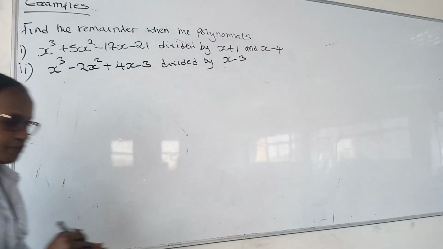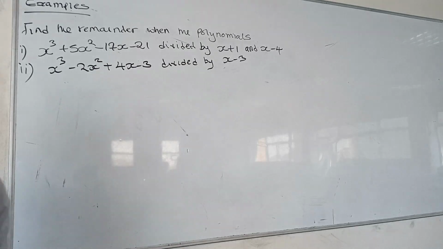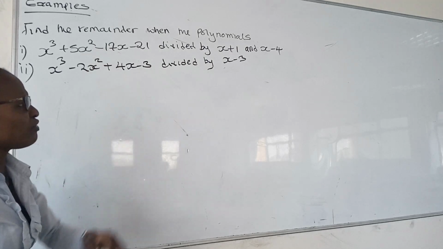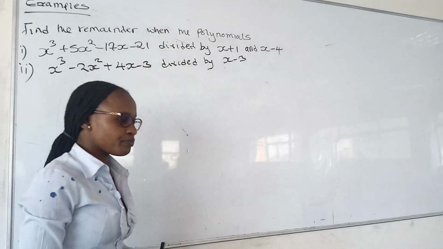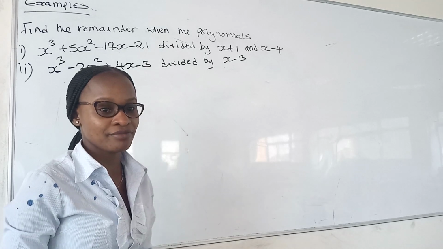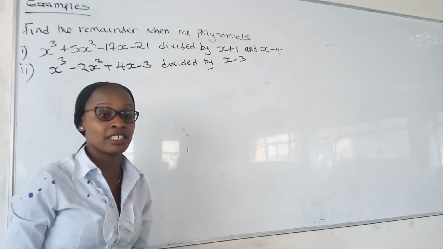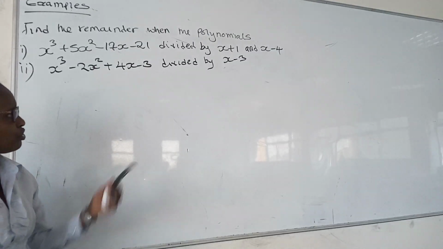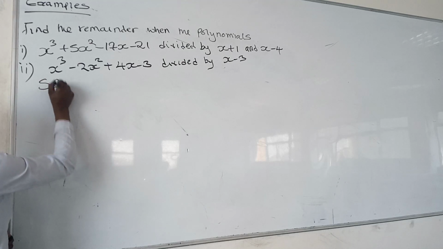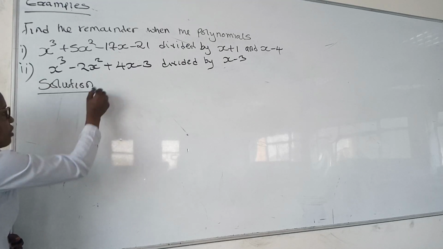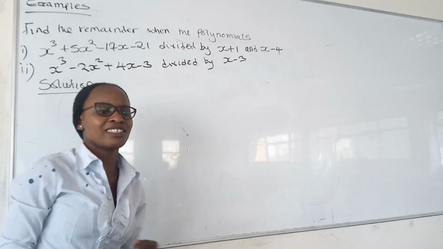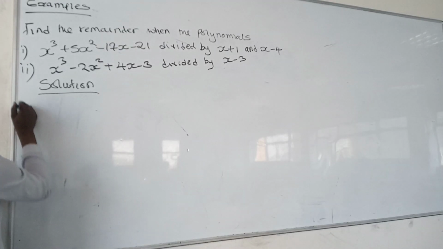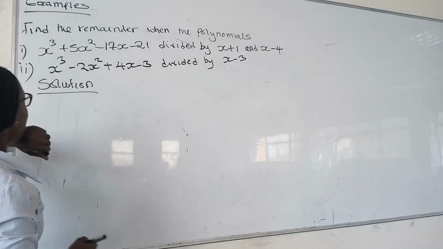Okay, perfect. So these are the questions that we have. So we now want to find this and solve them. How best can we find the remainder from the questions that we have on the board? So we're going to move to solutions. Since this time we don't want you to find the quotient, from what we've been given here, the first question we've been given